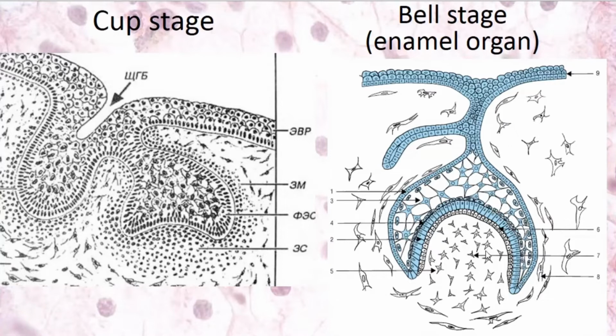And here you can see processes of mesoderm or mesenchyme, its dental papilla, and peripheral cells of this dental papilla. They become odontoblasts. Under the influence of the enameloblasts, they undergo specialization, and now they are odontoblasts. Those cells will produce dentine, another hard tissue of the tooth. And this dental papilla will form the pulp of the tooth, and also we have